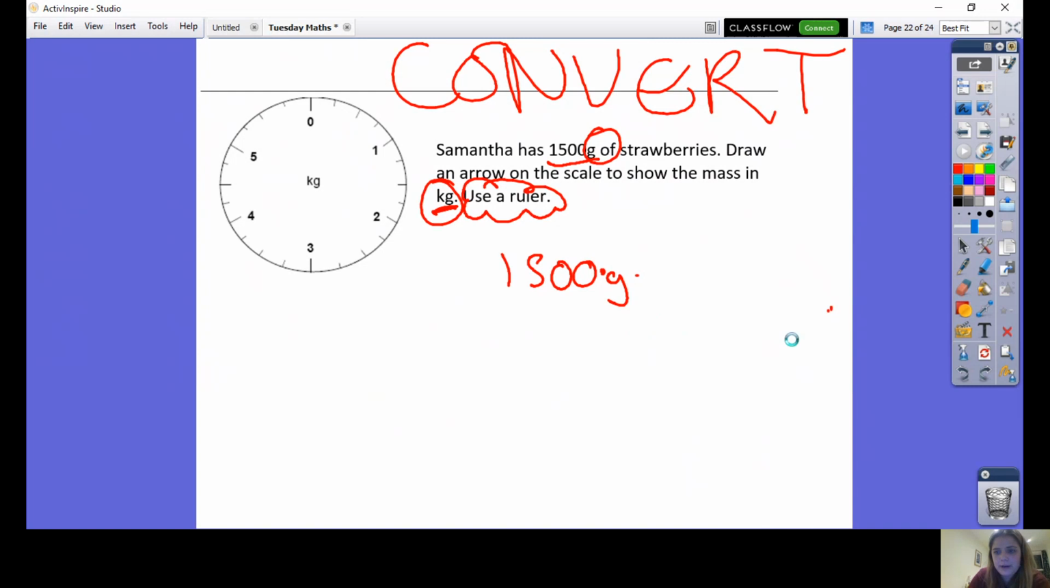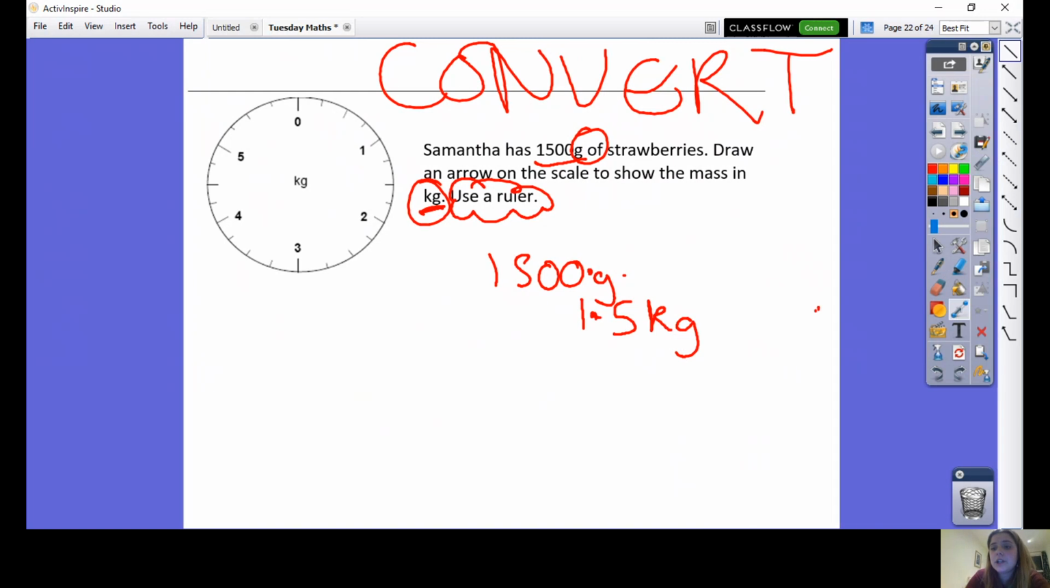I need to move where I've written kilograms then. Okay, so I'm going down. 1, 2, 3. Down, 1, 2, 3. Okay, that's 1.5 kilograms. In the instructions, it says use a ruler. So I'm going to make sure I'm using a ruler and I'm going to make sure I've read my scale